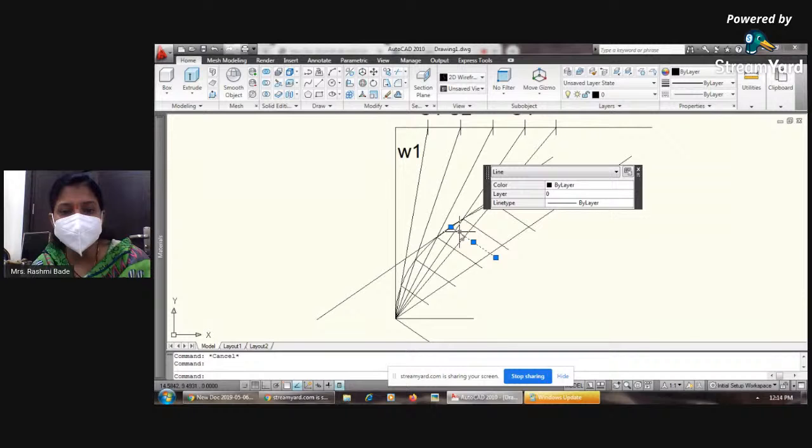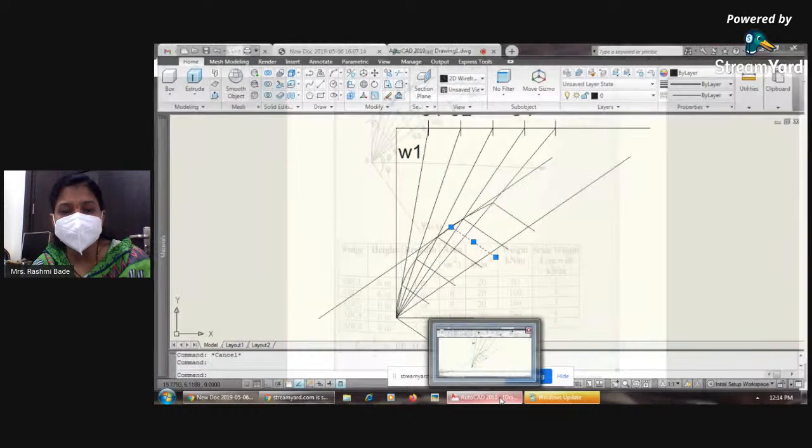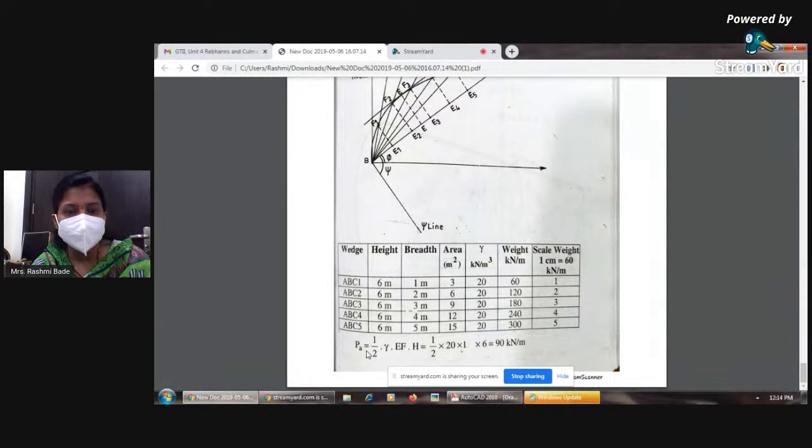You have to measure this line, and by measuring this line, you will get PA. So PA equals to half gamma into EF equals to half gamma